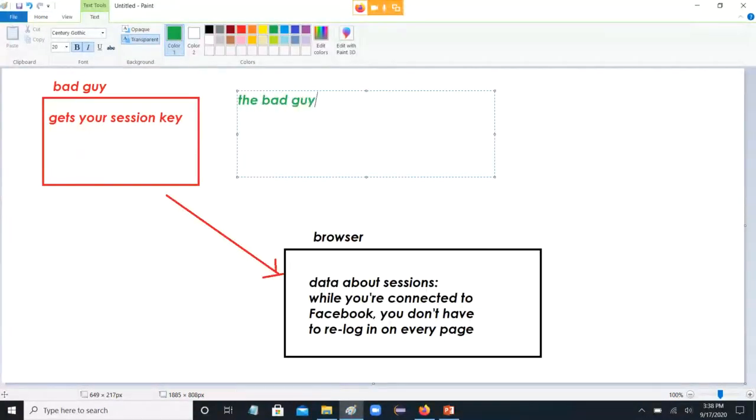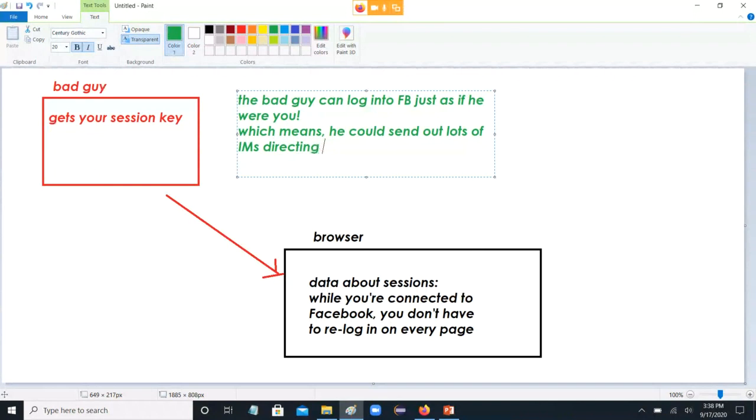The bad guy can log into Facebook just as if he were you, which means he could send out lots of instant messages directing people to various types of online